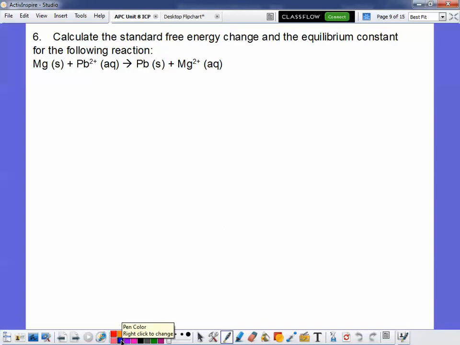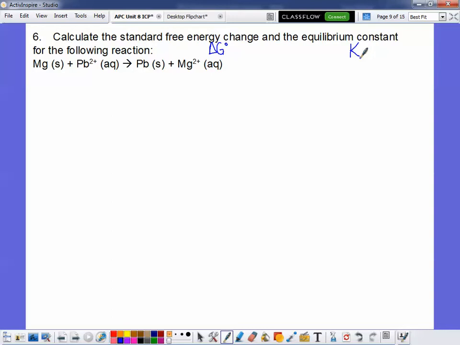For number 6, this is just calculating the standard free energy change and the equilibrium constant. So in order to do this, what is free energy? What symbol does that have? Delta G. So we're going to calculate delta G standard, and what else are we calculating? The equilibrium constant, which is K. So in order to calculate both of these, page 845, by the way,